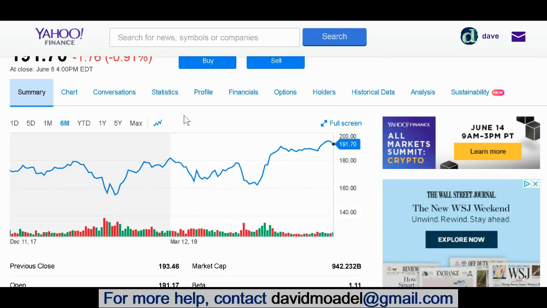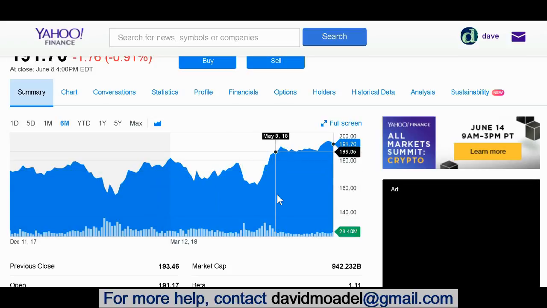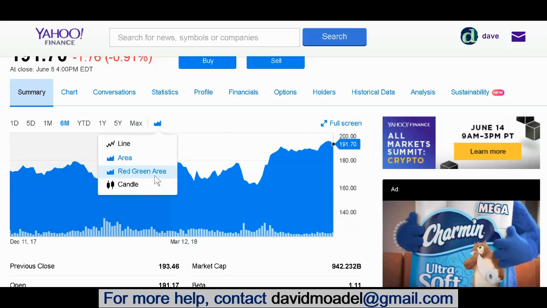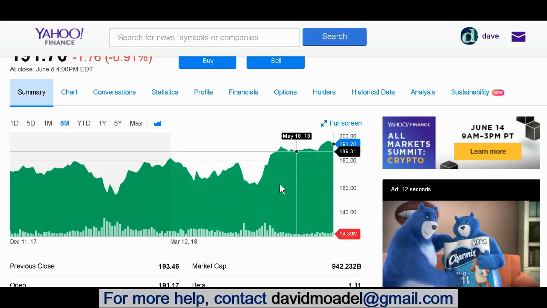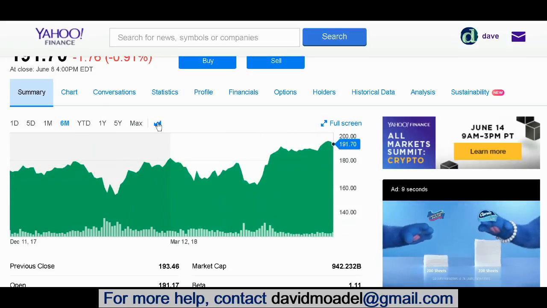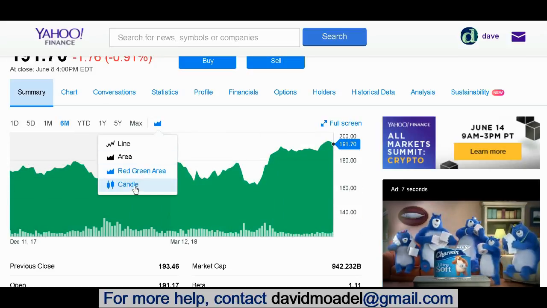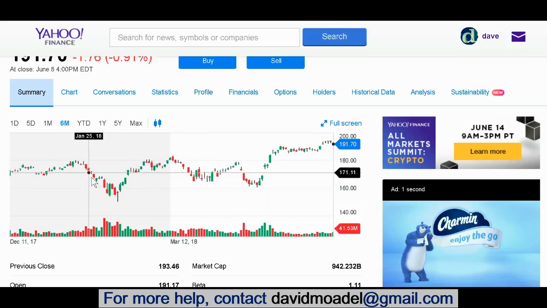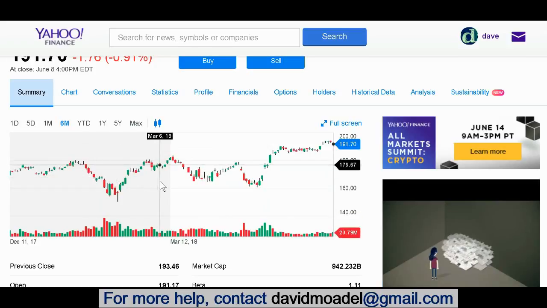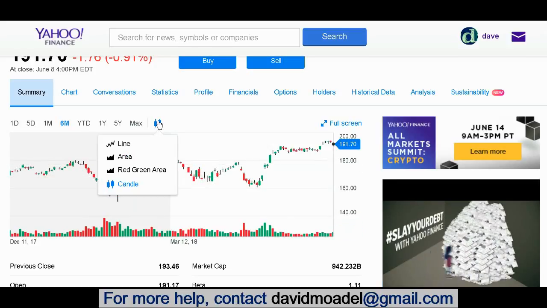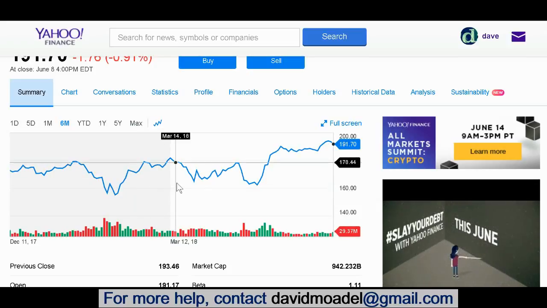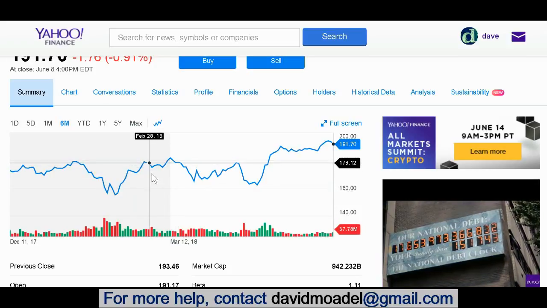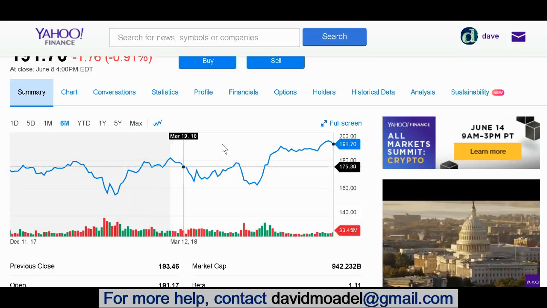Now, if you're just starting out, I recommend that you start out with a line chart. I think that's the easiest to read and understand for a beginner. On Yahoo Finance, they have area charts, with red-green areas, which look kind of like mountains maybe. That might be harder to read for some people. And then you've got candlestick charts, which are more advanced, and I recommend getting involved with those later on when you get more advanced, because they do give more information with the candles than with the line graph here. And I have videos on how to read candlestick charts, so feel free to watch those.